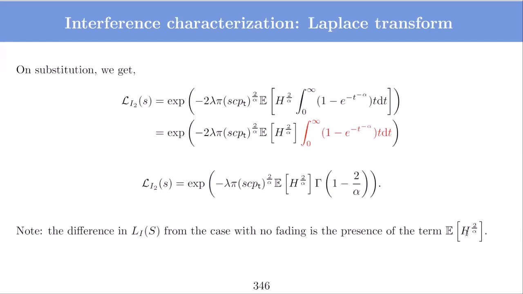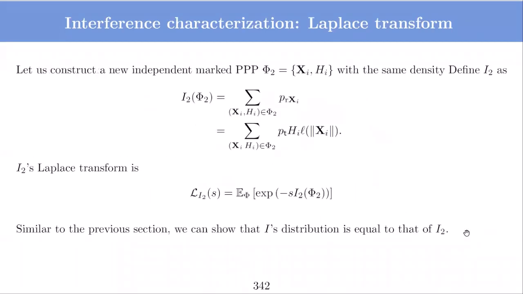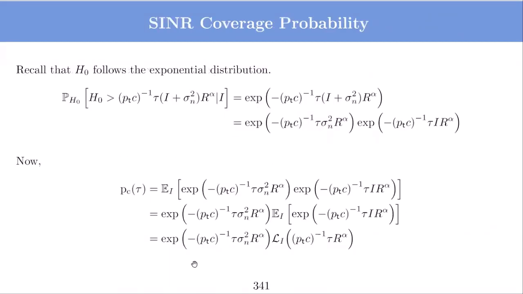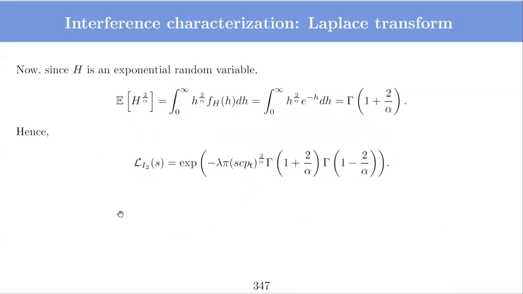What fading has done is change this expression. Here instead of the CDF you have a Laplace transform, so I can just push the Laplace transform back here and I'll get the actual value of the probability of coverage. I don't have to compute its CDF. So once I put this back, what I get is